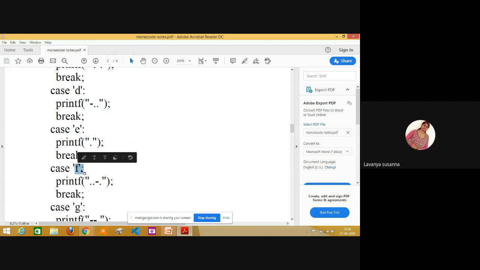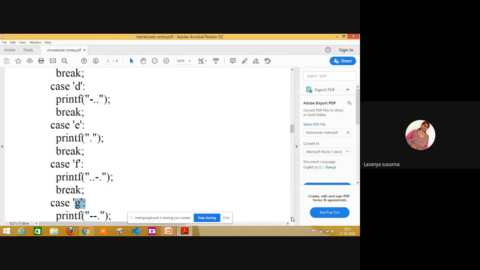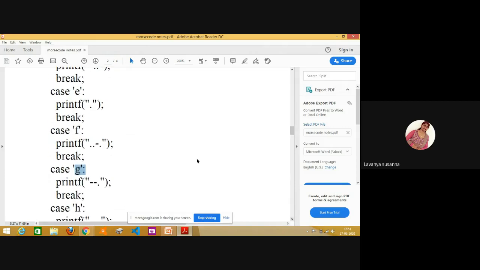False, right? See, this code is very simple. You have to remember only these dots and dashes. When you understand it clearly, it is very simple, but this code looks a bit long. Don't be afraid of this. Just practice it, you will get it. G is equal to F is false, so these statements will not be executed. Now control comes to test the next value. What is the next value? See here, G.